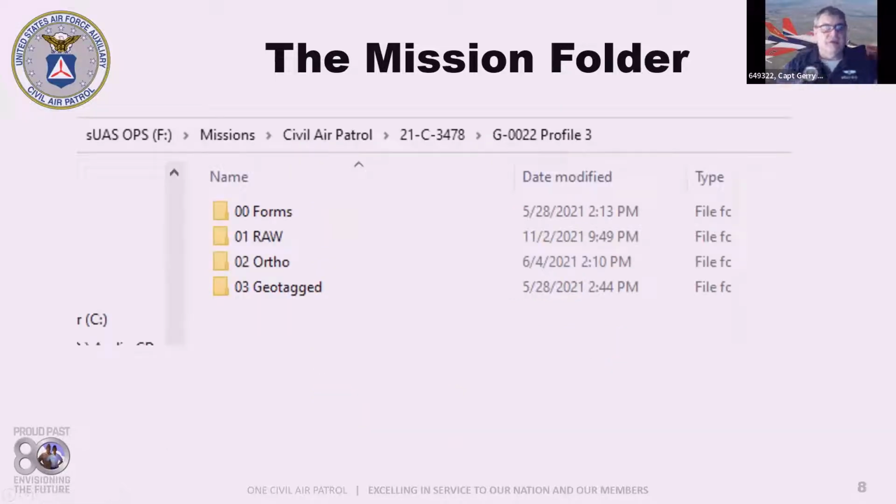Now, notice in there, I have more subfolders. I like having all my forms and products under the sortie. That way I can always access them. And the forms subfolder, although not pertinent to this task, is a best procedure I thought I would share. Because in your forms, you're going to have your ORM that we discussed last week. You're going to have your flight